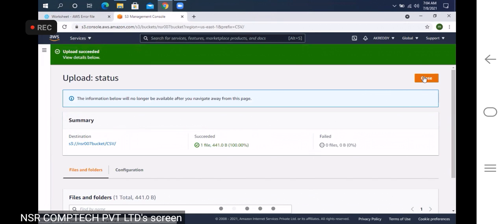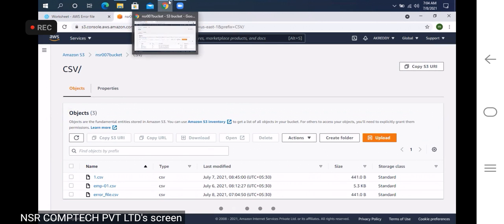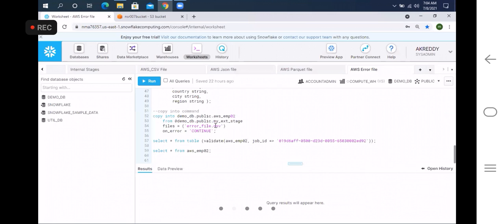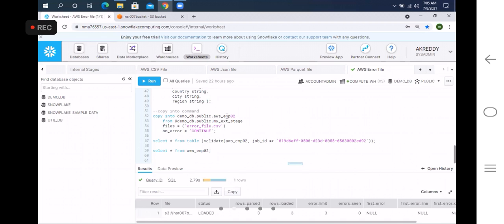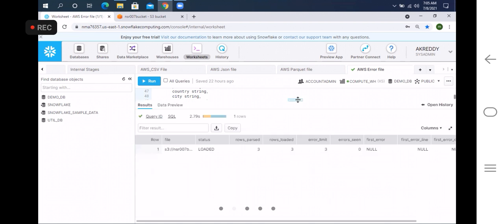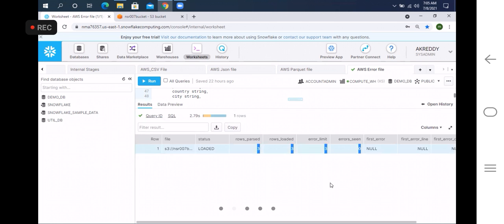The file gets loaded. So from here, error underscore CSV. Okay. So now I'm copying into the table called AWS underscore EMP02. See, these three records get loaded successfully. Okay. Number of rows passed and the number of rows loaded is 3, and the total number of records will be